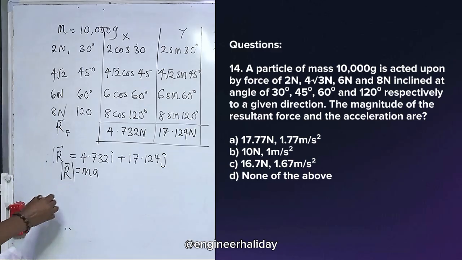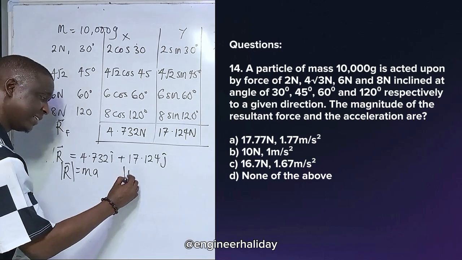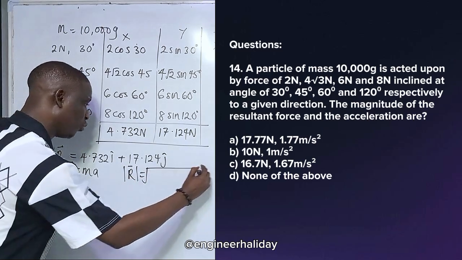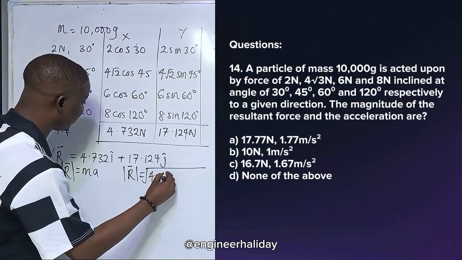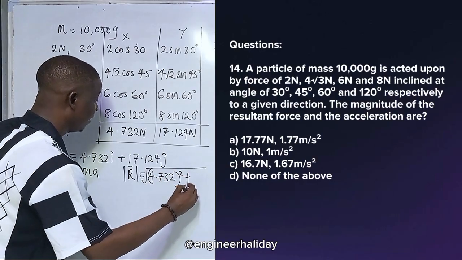So the magnitude of the resultant, don't forget, is equal to ma. So let's find the magnitude of the resultant quickly: 4.732 all squared plus